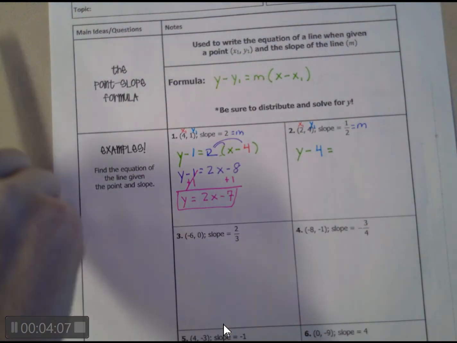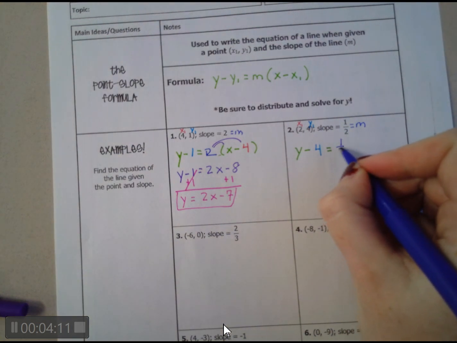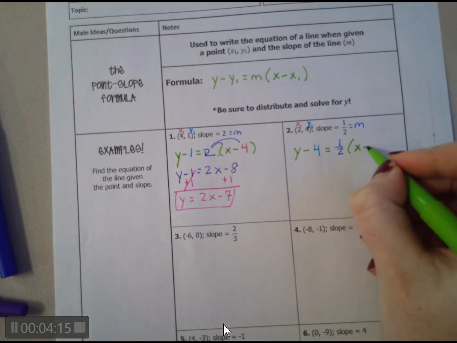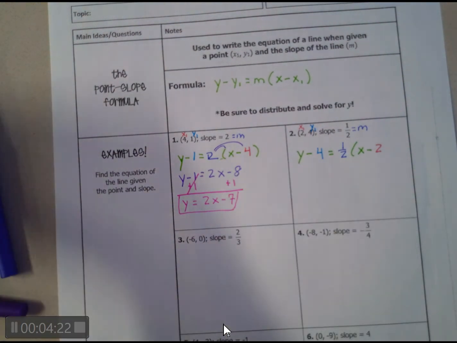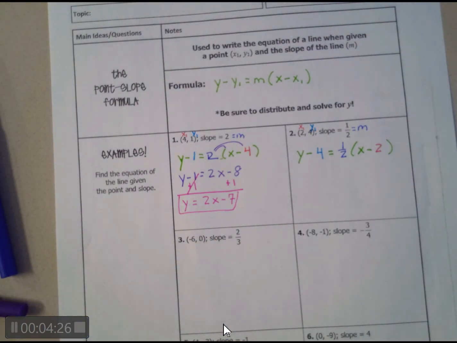Equals, what goes next? Our slope of 1/2, and then parentheses x minus, and then our x1, which is 2, end parentheses. Okay, so that's how we set it up,